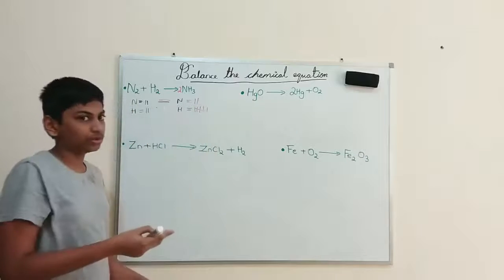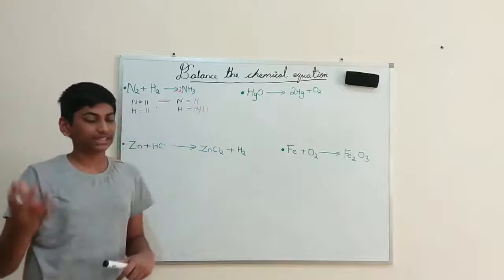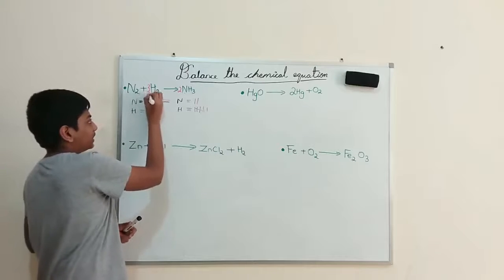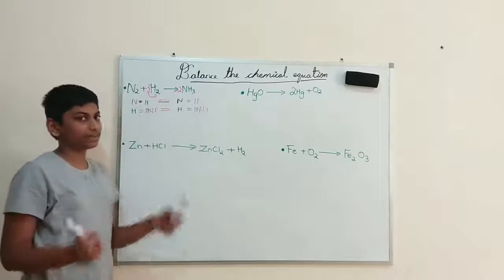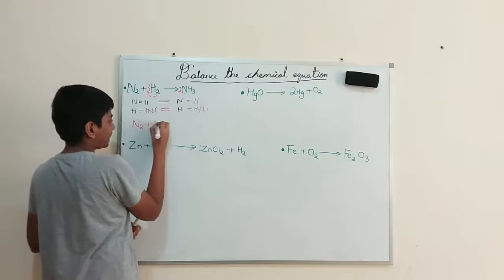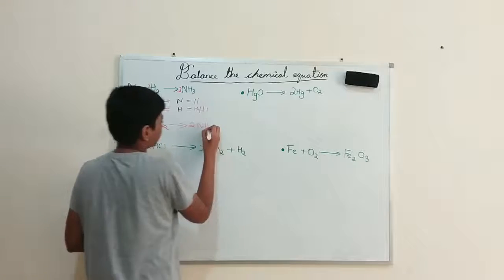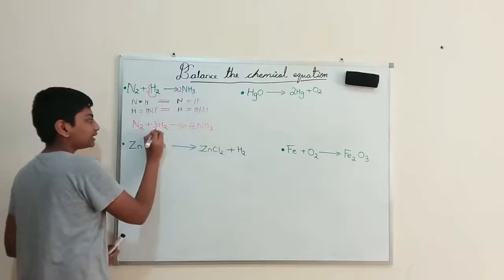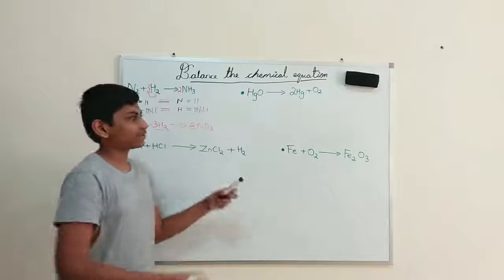But here I am having only 2, so I need to divide it by 2. 6 divided by 2 gives me 3. So I should add 3 before the hydrogen over here. When this 3 multiplies 2, they will also give me 6 hydrogens. So is our chemical equation balanced? Yes. So let's write it: N2 plus 3H2 gives you 2NH3. Let's check it. Nitrogen there are 2, over here also 2. Here there are 6 hydrogens, even over here, because 2 into 3 gives us 6. So our chemical equation is balanced.